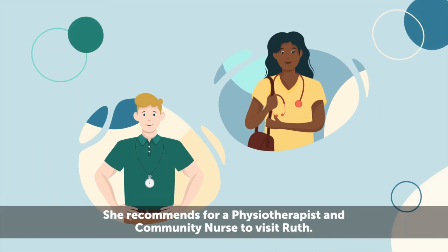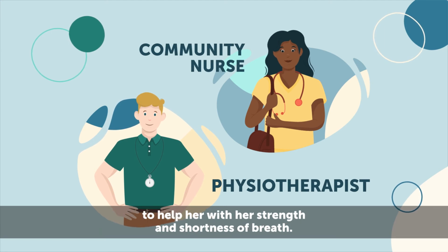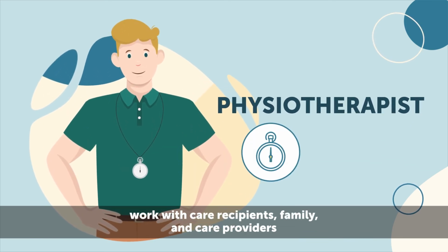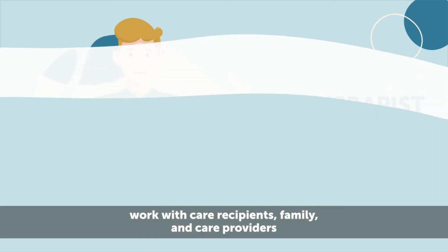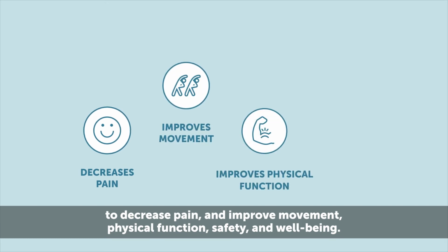She recommends for a physiotherapist and community nurse to visit Ruth to help her with her strength and shortness of breath. Physiotherapists, or PTs, work with care recipients, family, and care providers to decrease pain and improve movement, physical function, safety,